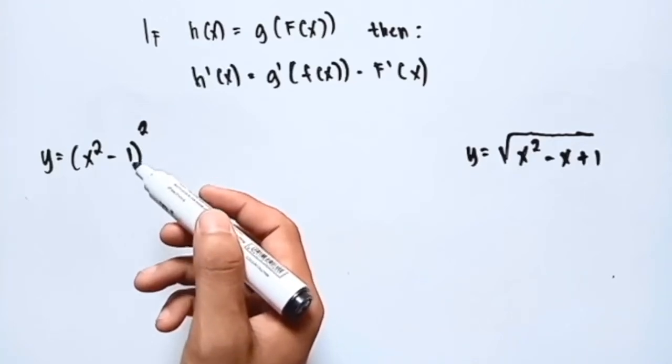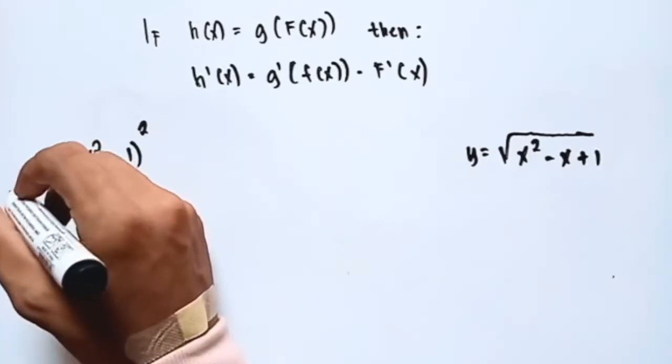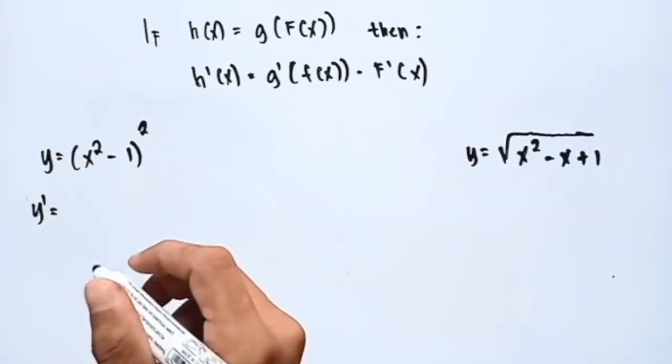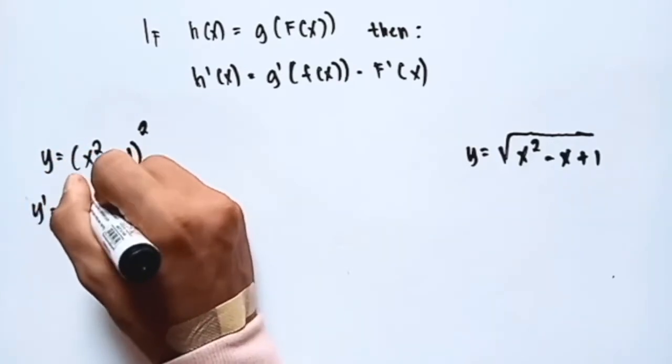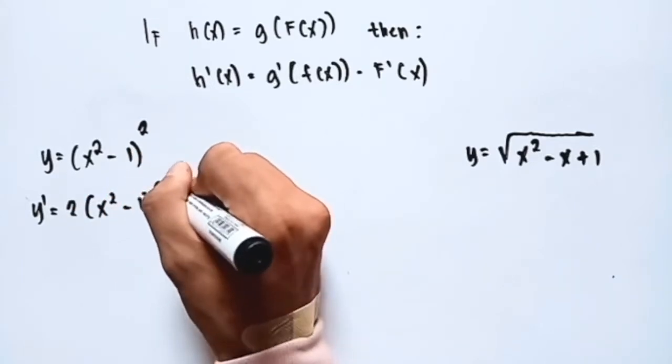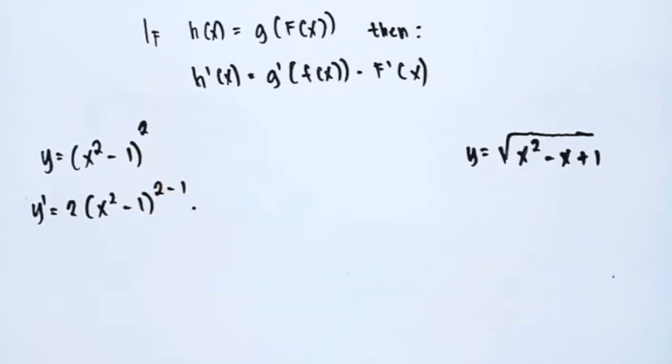So applying the chain rule, the first derivative, or y prime, is equal to 2 times x squared minus 1 raised to 2 minus 1 times